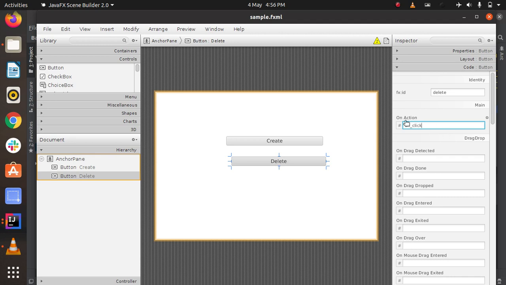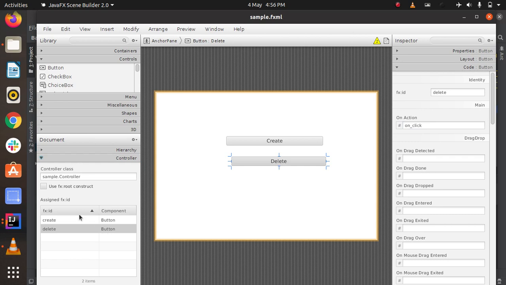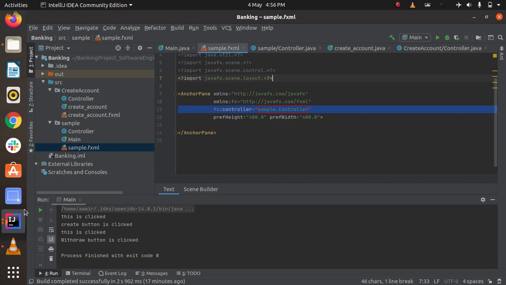So this will be our function on action. On click will be our function. Now if you click on this, here you can see sample.controller, the controller class. The controller class was sample.controller. Yes, this is it.